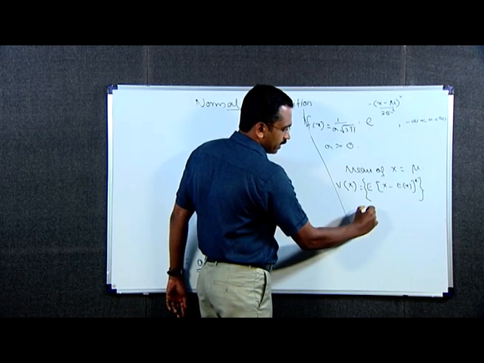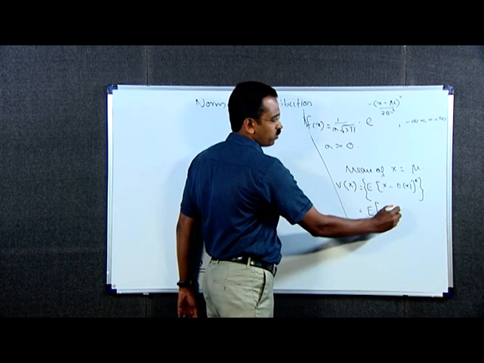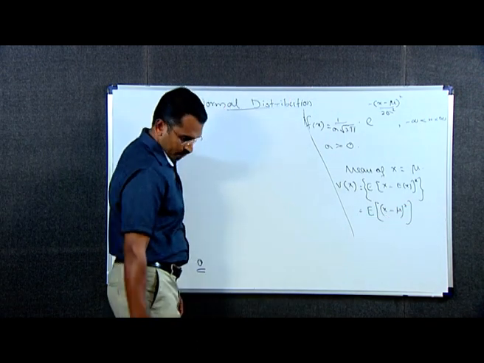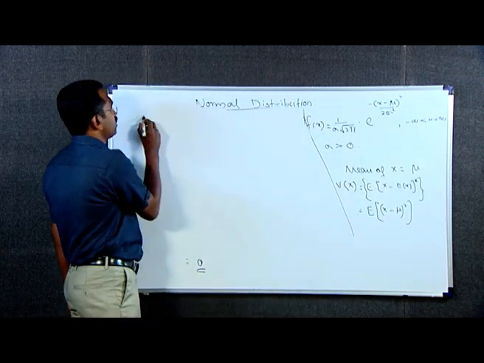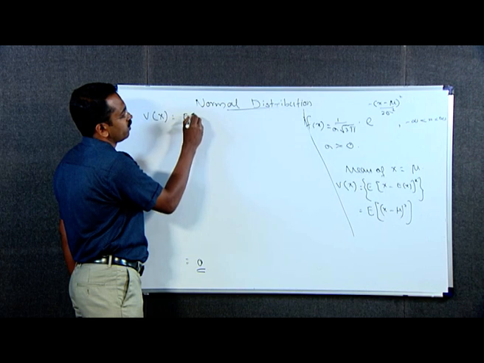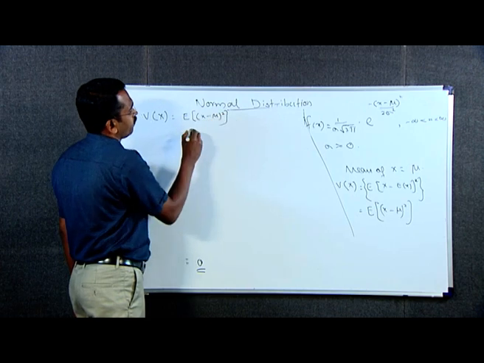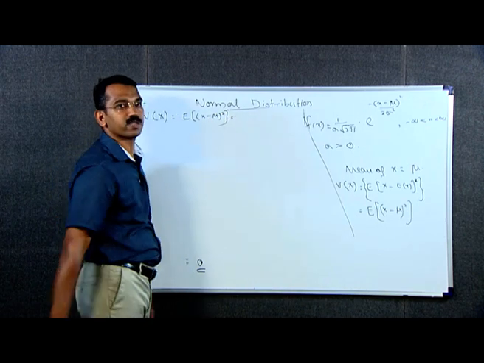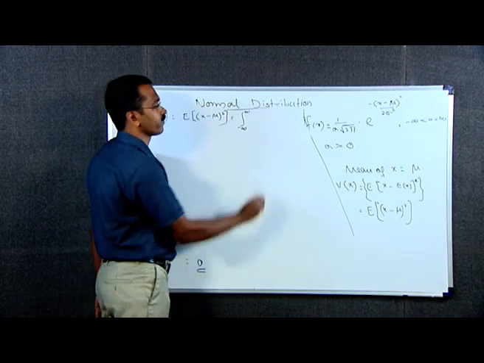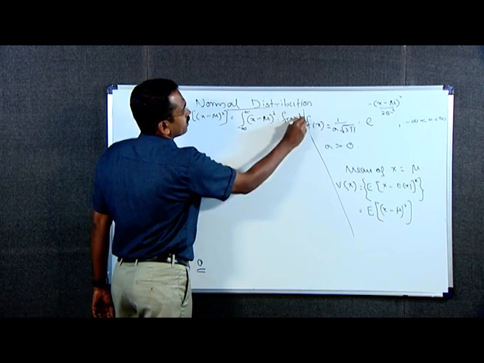That is equal to expectation of, here x minus E of x is mu, x minus mu the whole square. That is, variance of x is equal to expectation of x minus mu the whole square, which is equal to, by definition of expectation, integral from minus infinity to infinity x minus mu the whole square into f of x dx,